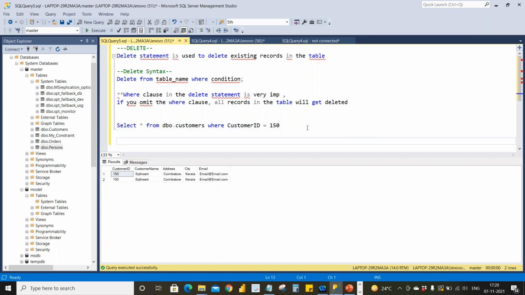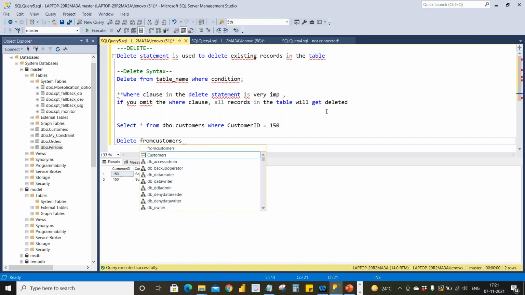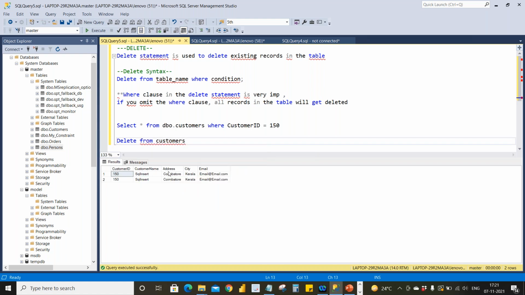So let's see how we can give it. Delete from customers where customer ID equals 150.